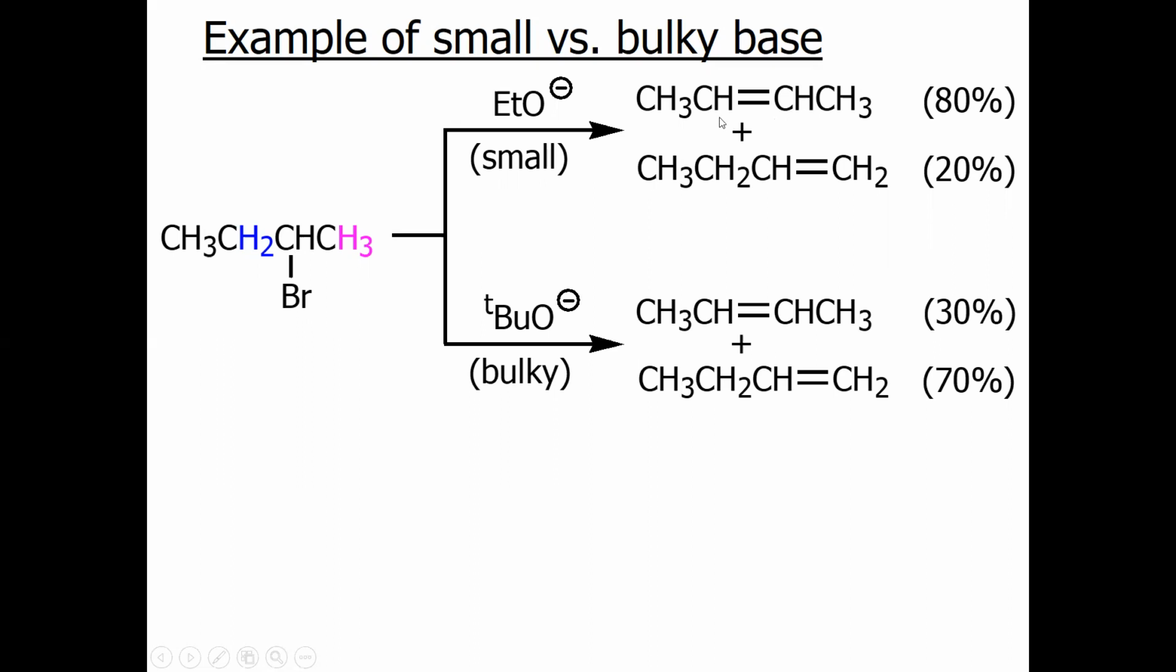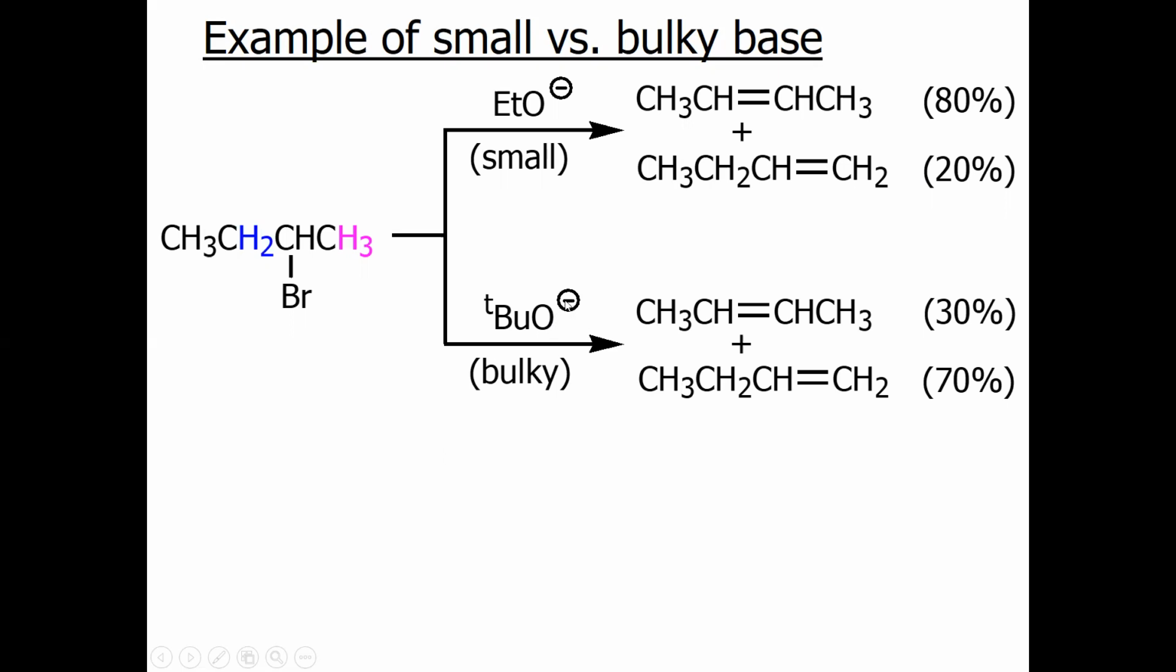This is 2-butene, the dialkylated alkene, in 80% yield. Similarly, with the small base it will give you 1-butene in a lower yield, because this follows the Zaitsev rule, and according to the Zaitsev rule the more substituted alkene will be the major product. And similarly, once you use potassium tert-butoxide, or simply t-BuOK, a bulky base,